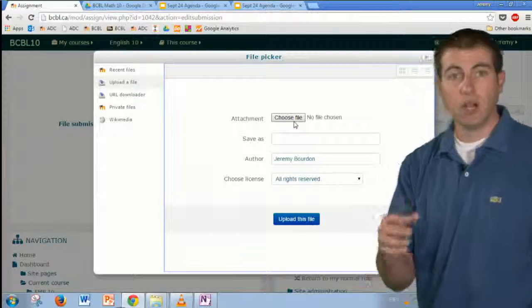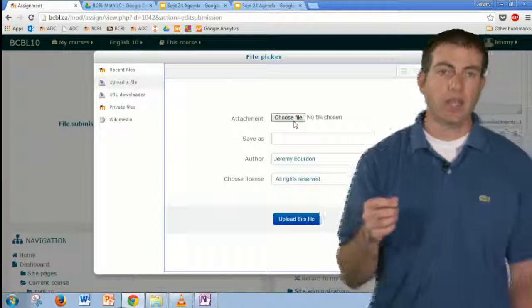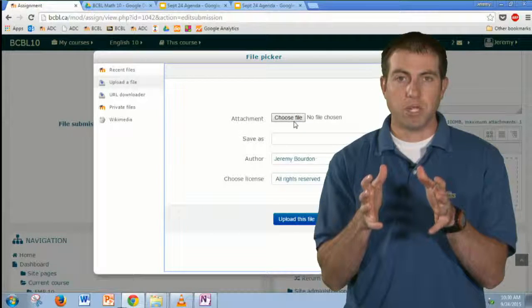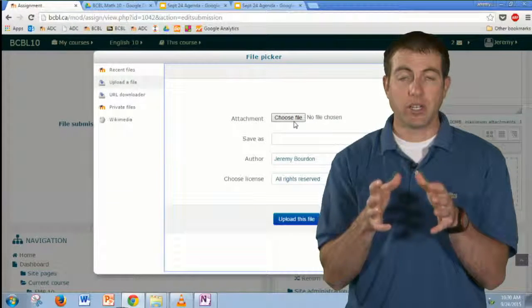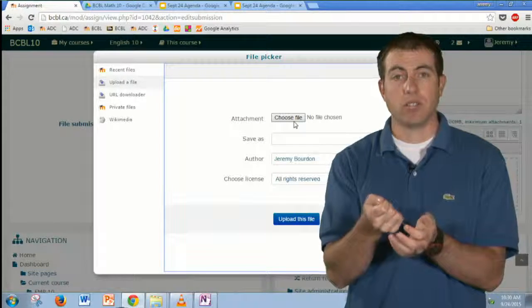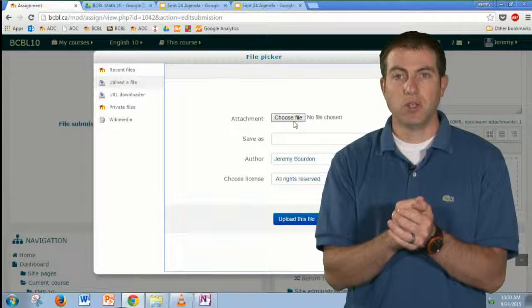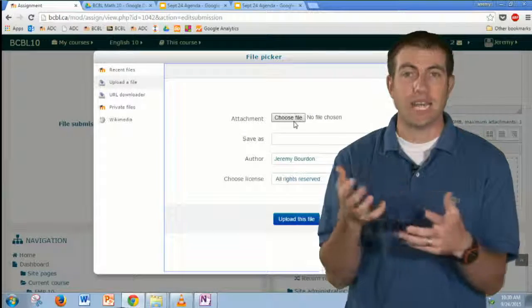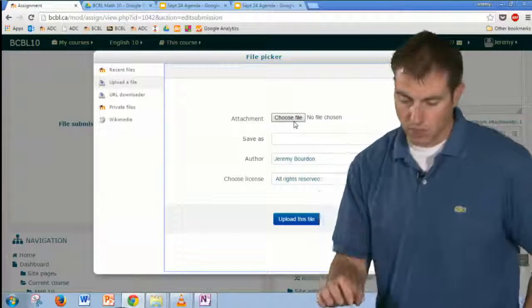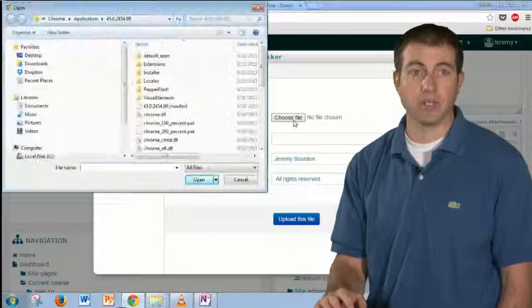If you are using Cam Scanner or Tiny Scanner, you're going to take all the images, put them all together in one big document, and then save it. I think you're going to have to email it to yourself, or some of you will be able to maybe have cloud storage, like Google Drive or something. You'll be able to pull it right from there. So you're going to have to choose the file and figure out exactly where it is.